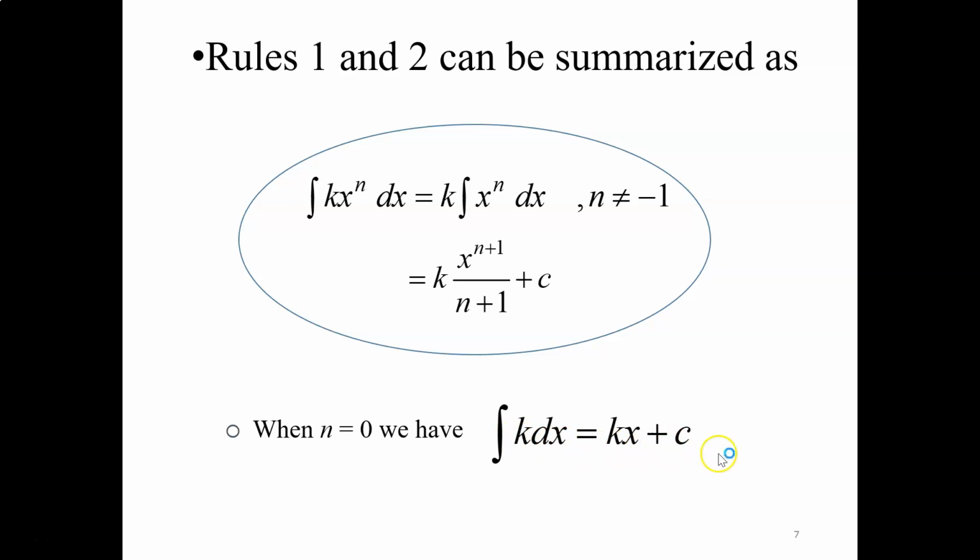Okay, what it means is, when your power n is equal to 0, x to the power of 0 will be 1. So all you have is the integration of k dx. So when you integrate k dx, remember when you integrate a constant, you have to put x over here. So kx plus c. Okay,